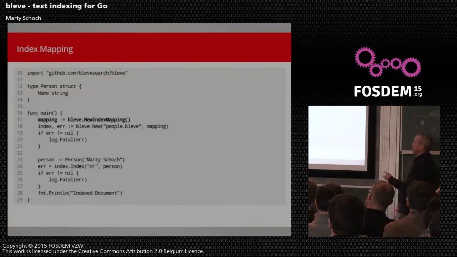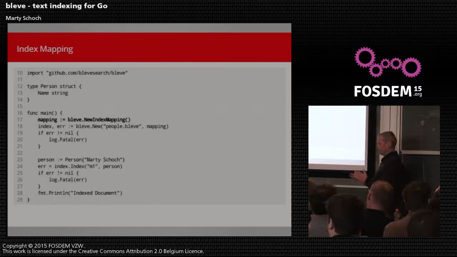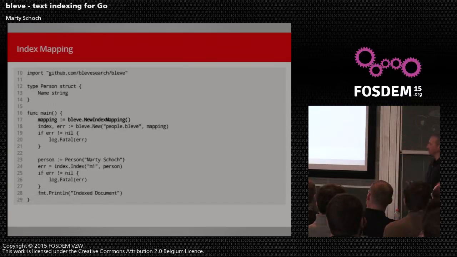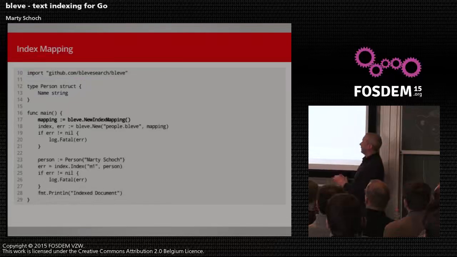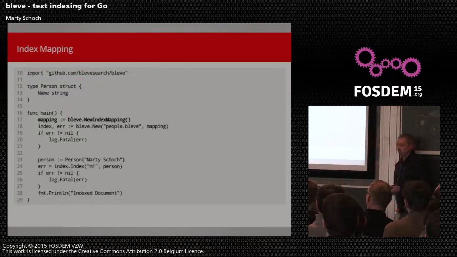Now, the next step is creating what we call a mapping. The mapping is what essentially takes your document, your data model, and turns it into what's going to be put into the index. This is where eventually you can configure a lot more details. What we have here is just, if we just use that new index mapping, you get a default mapping. And we've done a lot of work to make the default mapping as useful as possible.